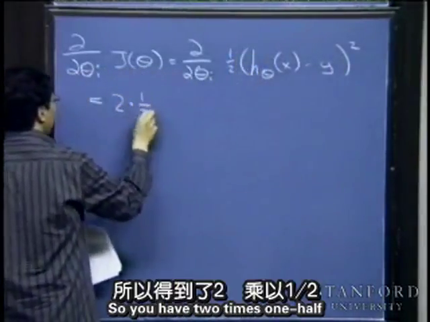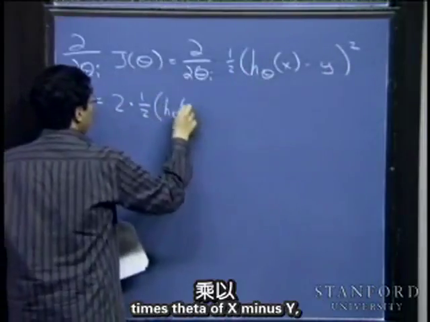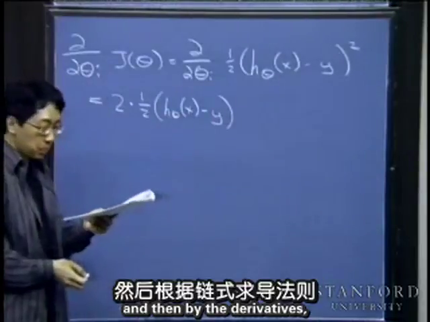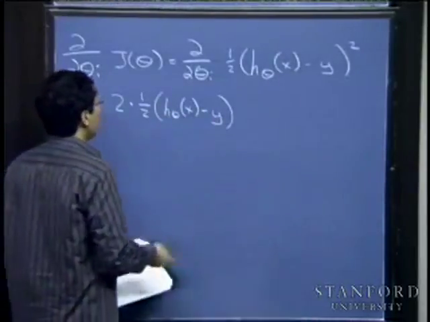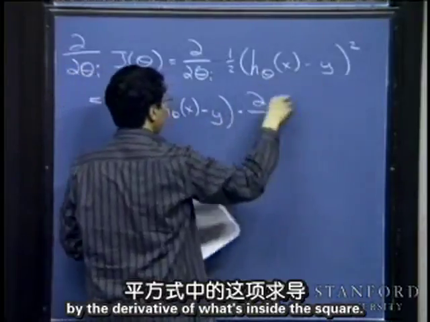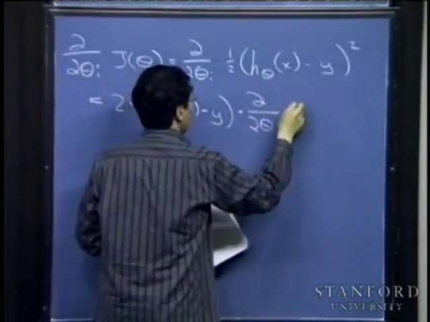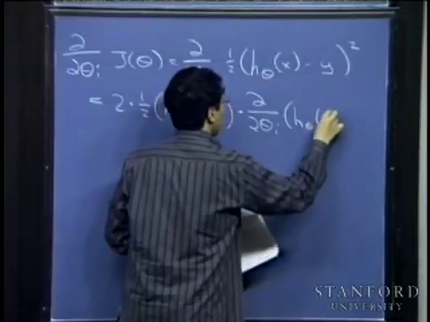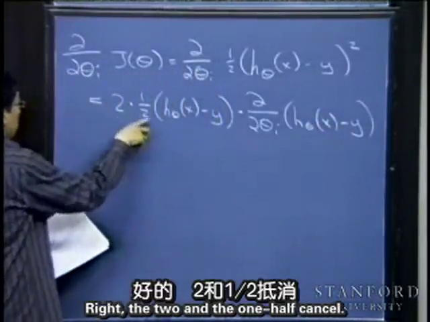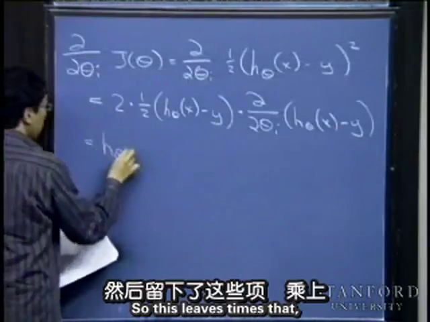So you have 2 times 1/2 times (h_theta(x) minus y). And then by the chain rule of derivatives, we also need to multiply this by the derivative of what's inside the square. The 2 and the 1/2 cancel, so this leaves h_theta(x) minus y